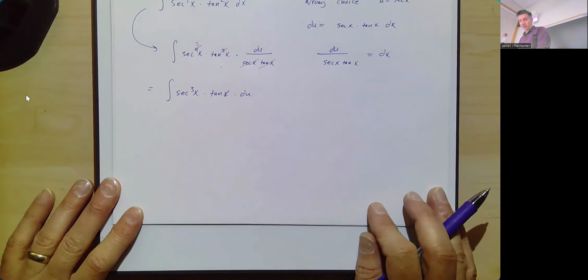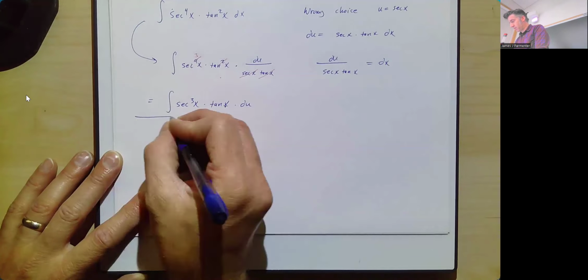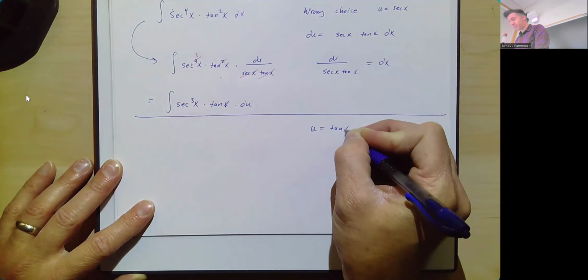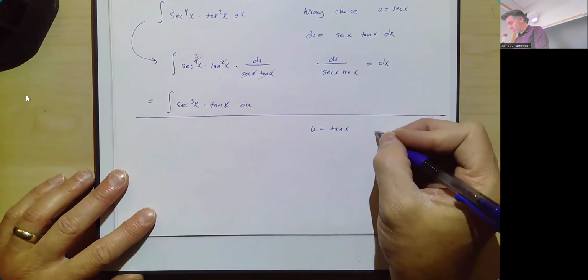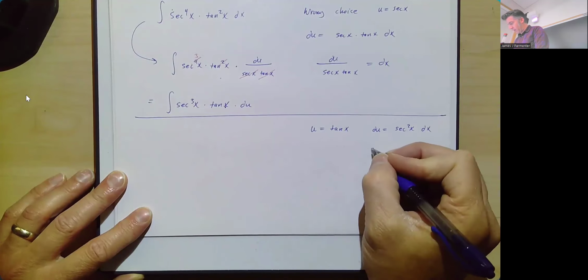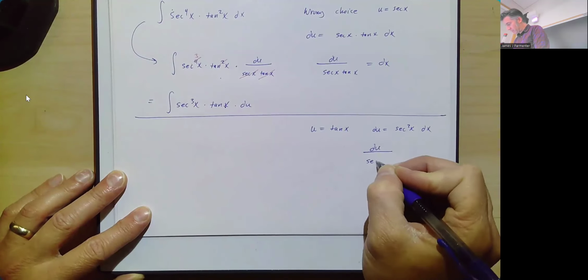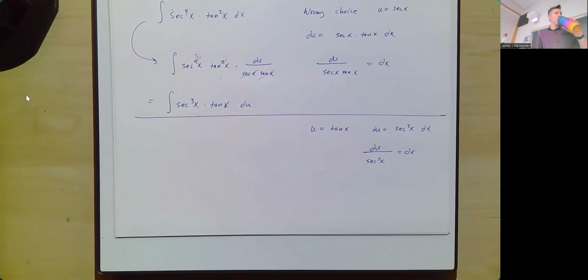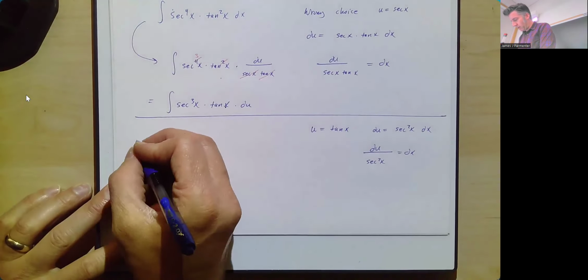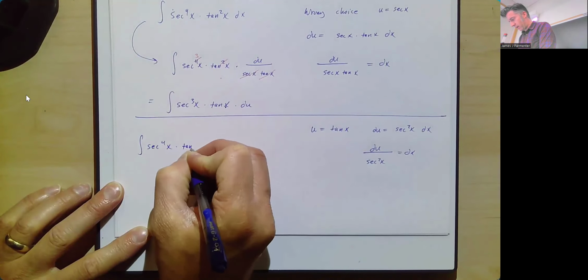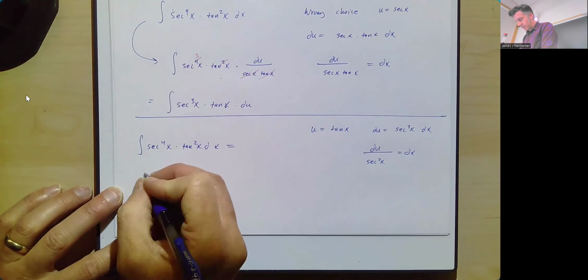So let's do the right thing now. The right choice would have been to let u equal tangent of x. And my du is going to equal secant squared x dx. Solving for dx, du divided by secant squared x is equal to dx. Okay, so rewriting the integral of secant to the 4th x times tangent squared x dx